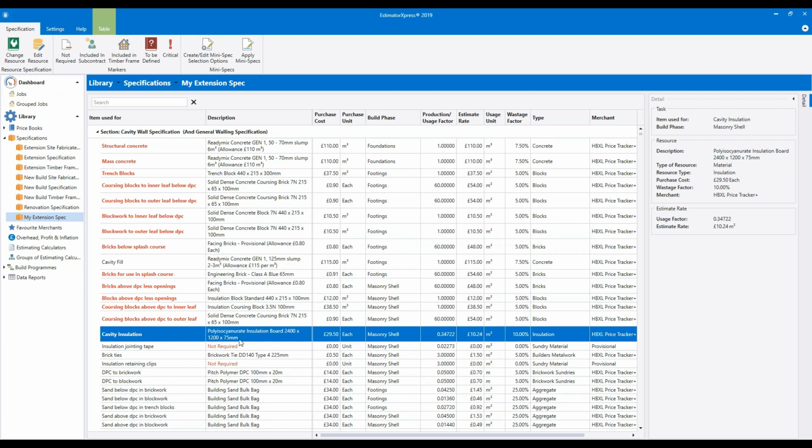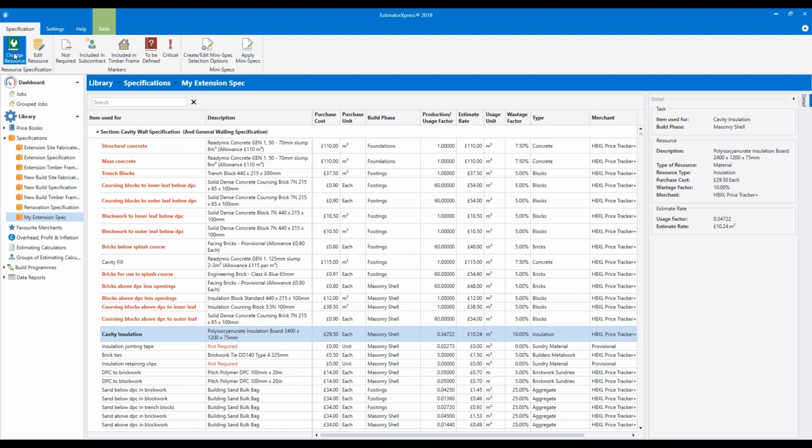So if you can click on the cavity insulation or anywhere along that row to select it, and then on the ribbon at the top of the screen you'll see we've got the specification tab here, and we're going to click change resource. So we're going to swap the insulation product.